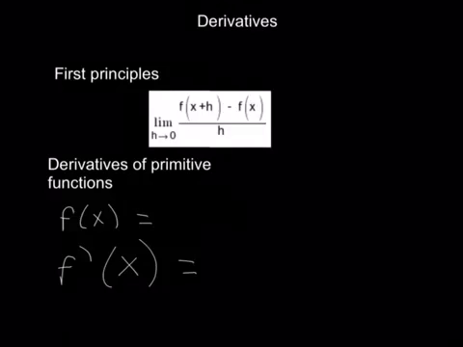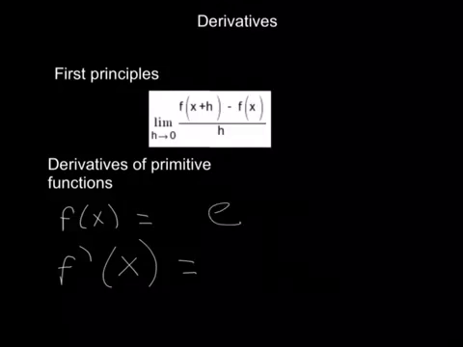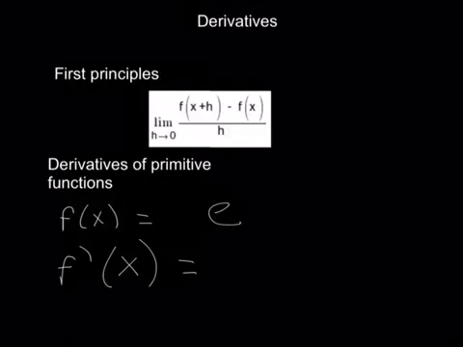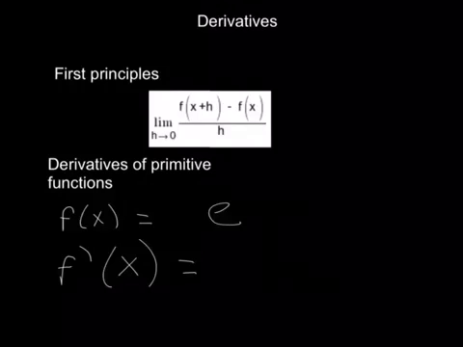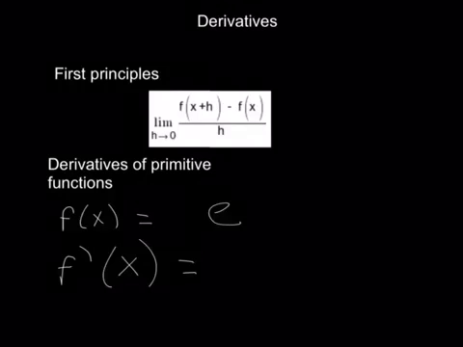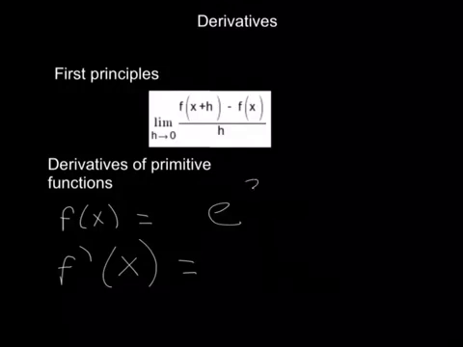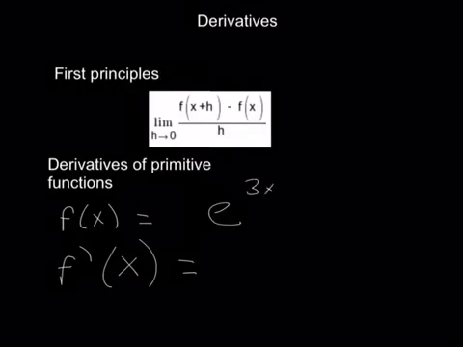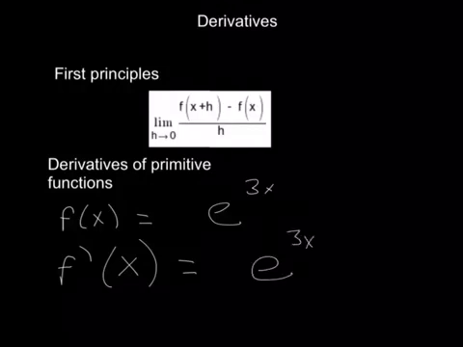Now we will move on to e to the x, and as we can see, f prime of e to the x will remain the same. Unless, for example, here we have an example where if e to the x is e to the 3x, the function will remain the same, but this number, the 3, will pass to the front of the e, and as a result, the result will be 3e